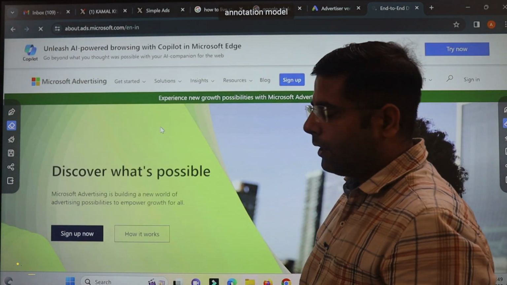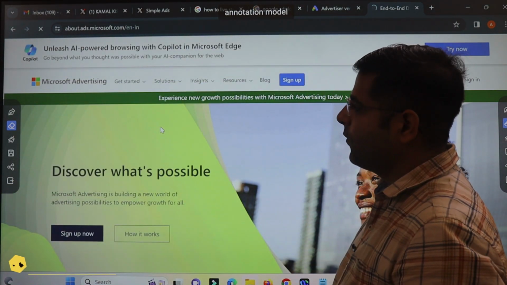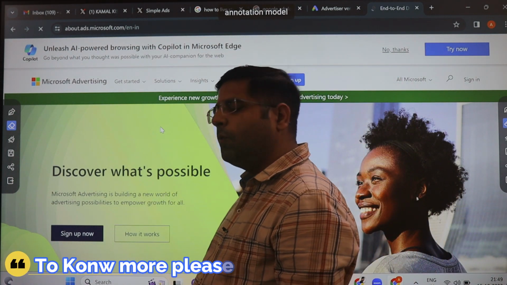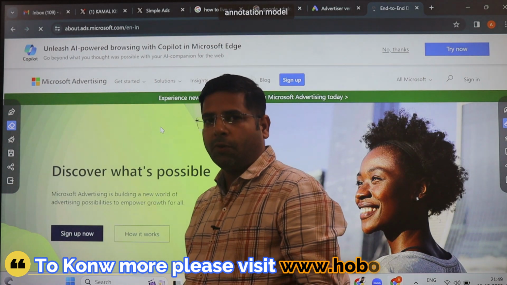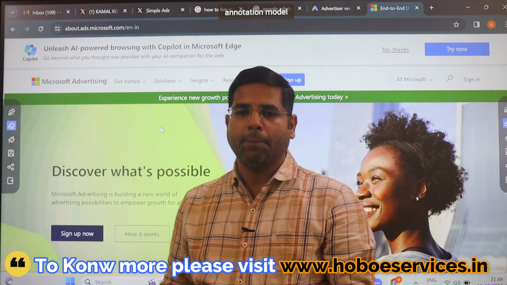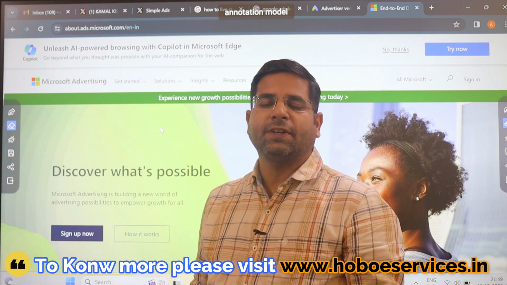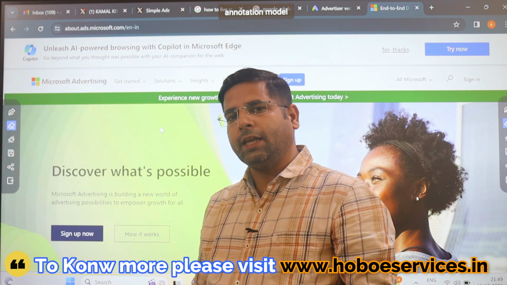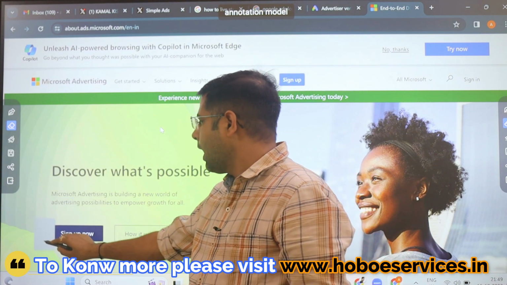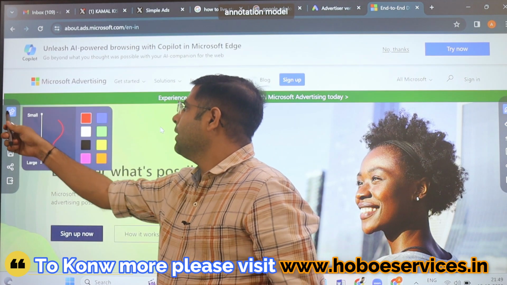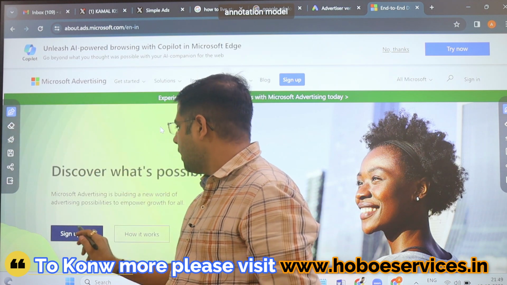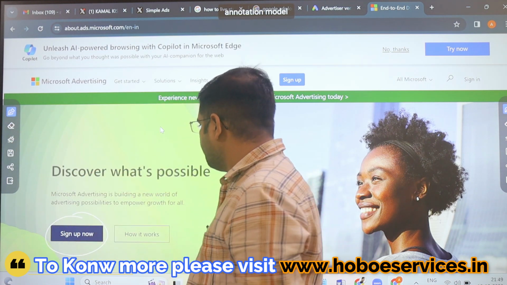Okay, so here we are on the screen where we can start Bing advertisements. As you can see on my screen, if you have a login ID, then you can enter your login credentials and start creating ads and campaigns. But if you are visiting for the first time and starting campaigning on the Bing platform for the first time, then you first need to set up your account. So how can we set up the account? Let me discuss.